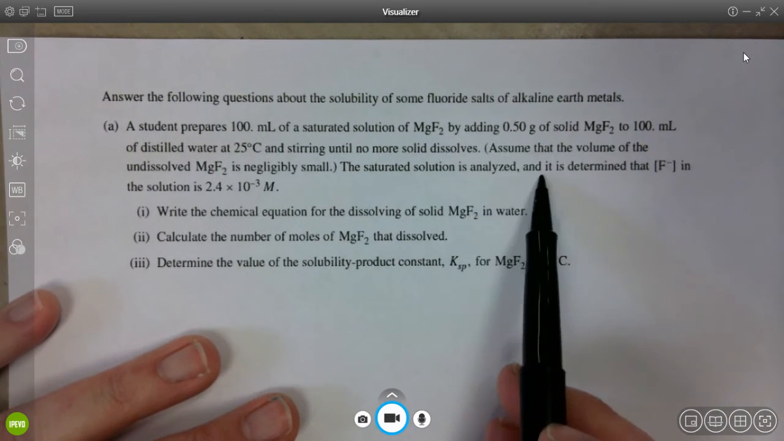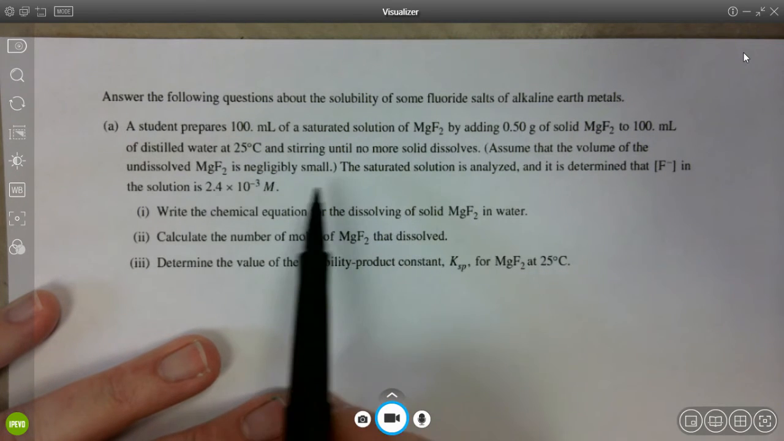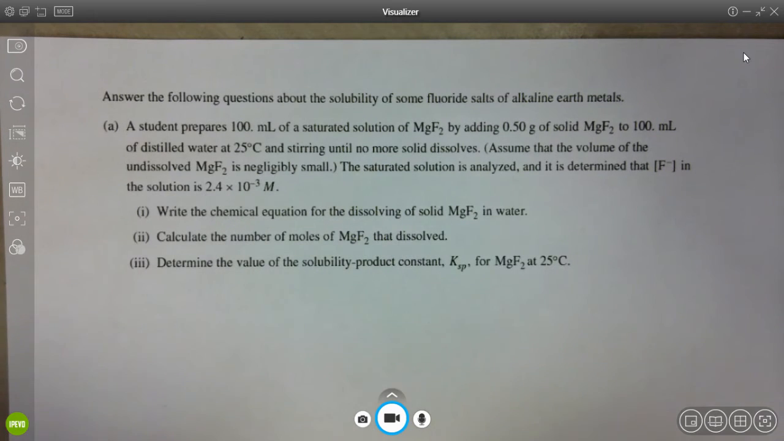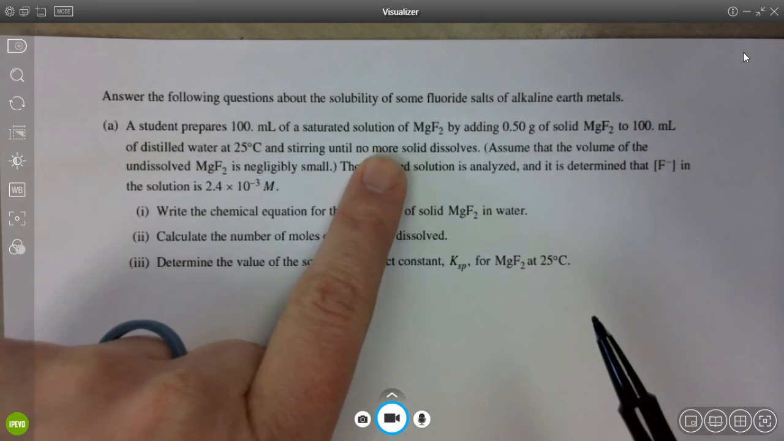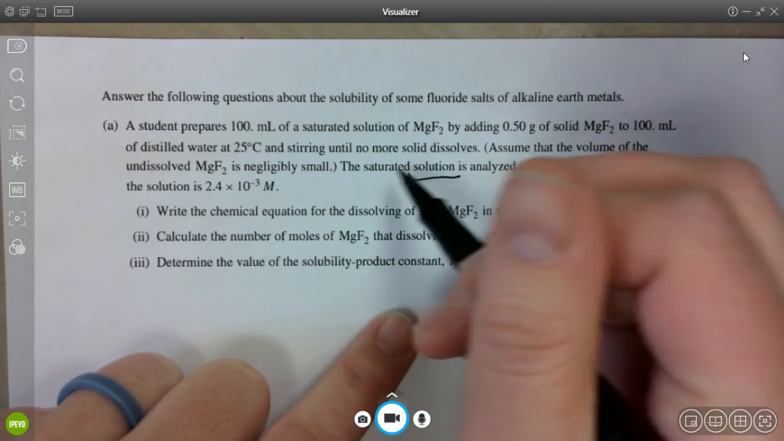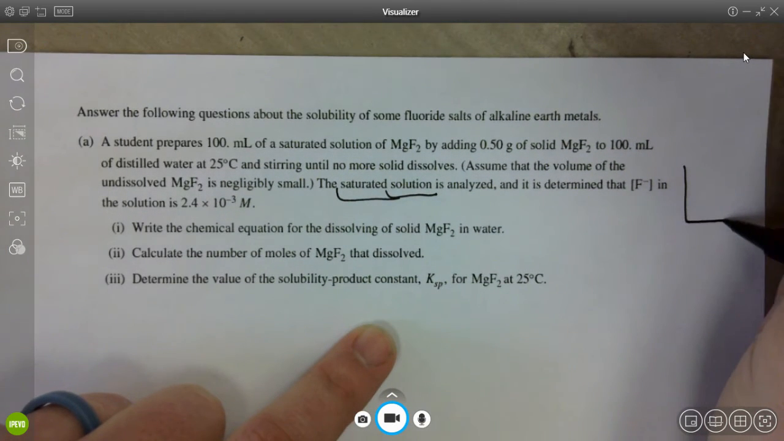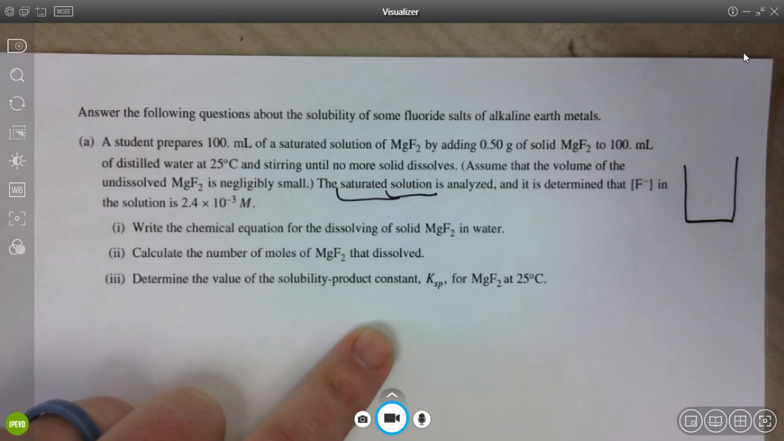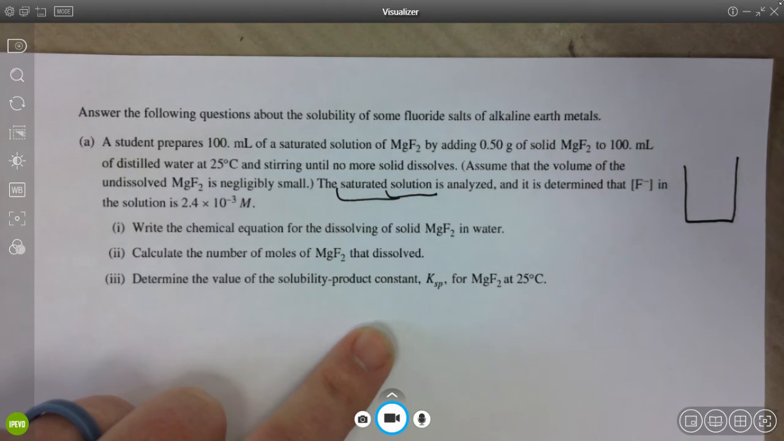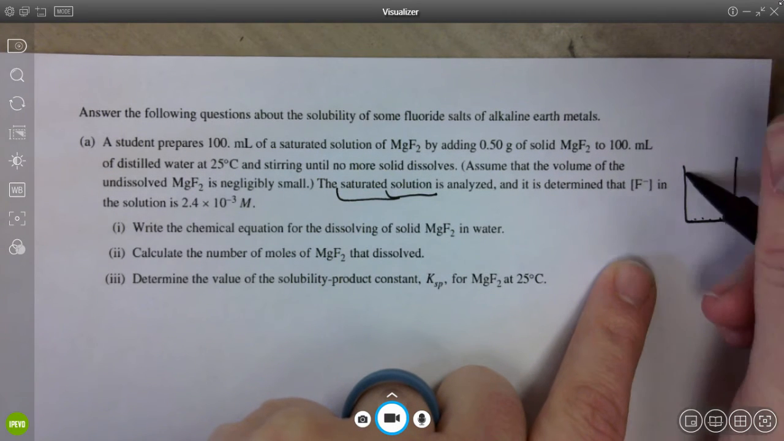Okay, and it says the saturated solution is analyzed and it is determined that the F- concentration is 2.4 times 10 to the -3rd. So when I read through this, if it tells me no more solid dissolves, and it tells me the word saturated solution here, that lets me know that I have in my little container here